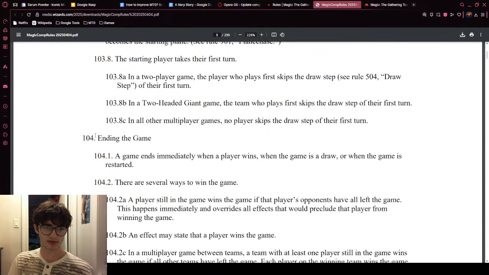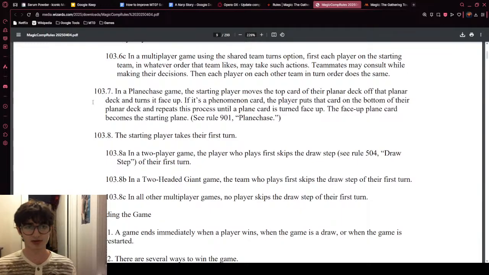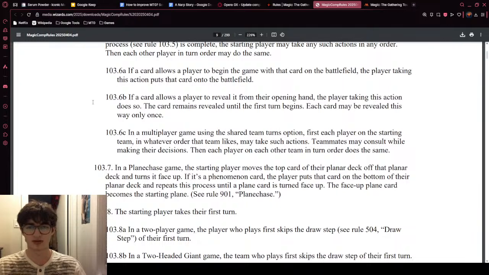Okay, how much is left? Okay, we're gonna get through this. In a multiplayer game using the shared team turns option, each player on the starting team, in whatever order that team likes, may take such actions. Are my fingers here? Wait.